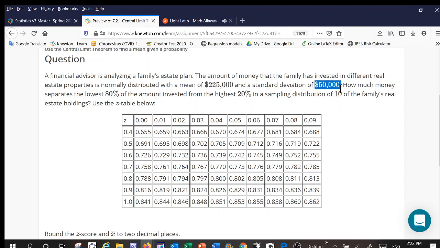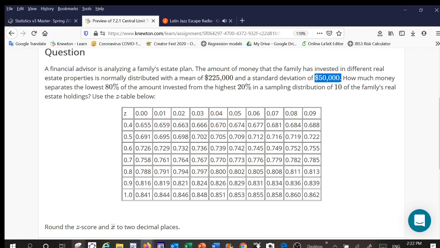So how much money separates the lowest 80% from the top 20% in a sampling distribution of 10 of the family's real estate? Okay, so let's take a,